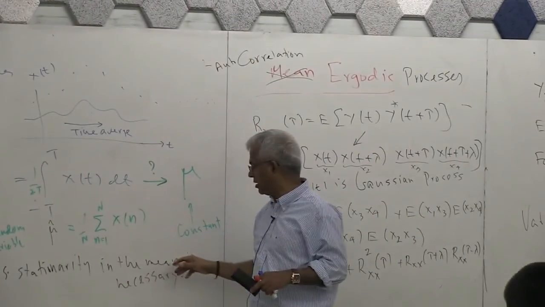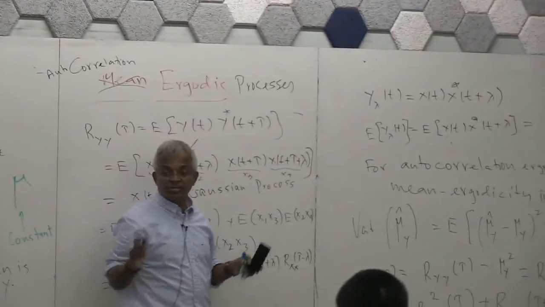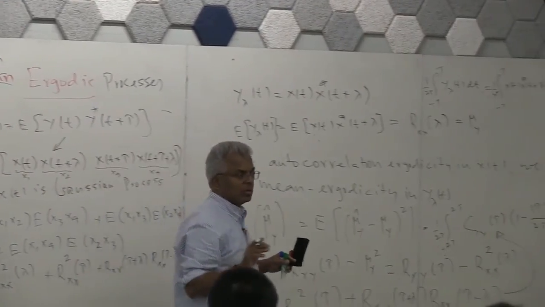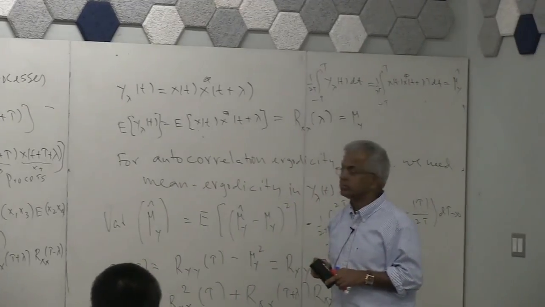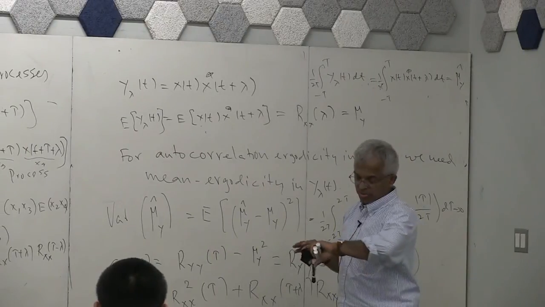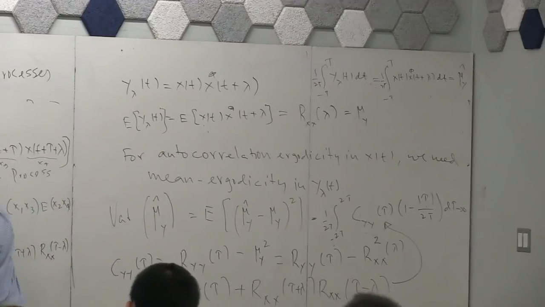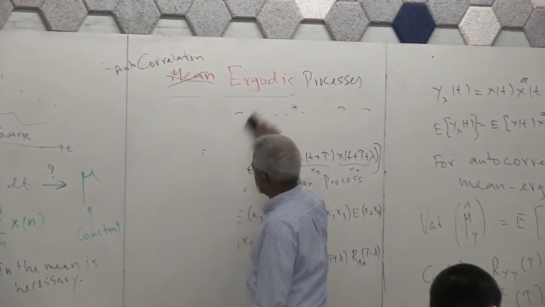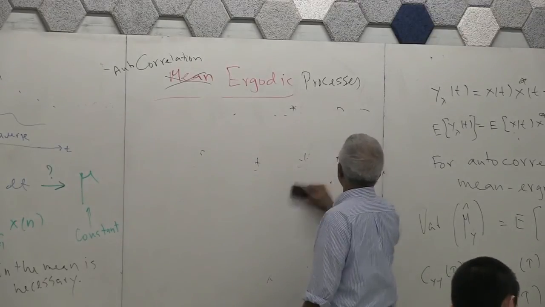So a necessary condition for correlation ergodic is that the mean of y of t should be constant, or x of t should be second order stationary, wide-sense stationary. I was going to show you an application. I was going to, there are other types of ergodicity, for example,